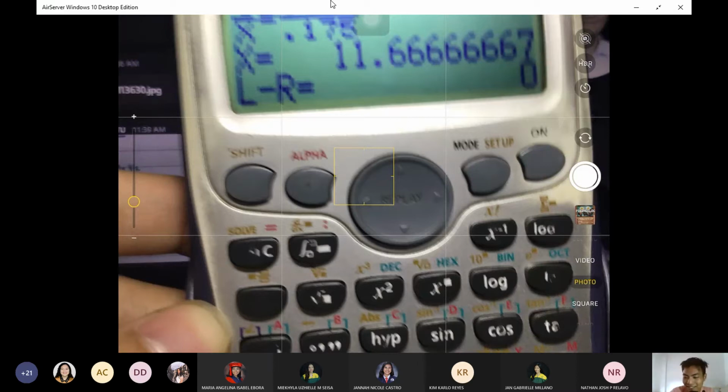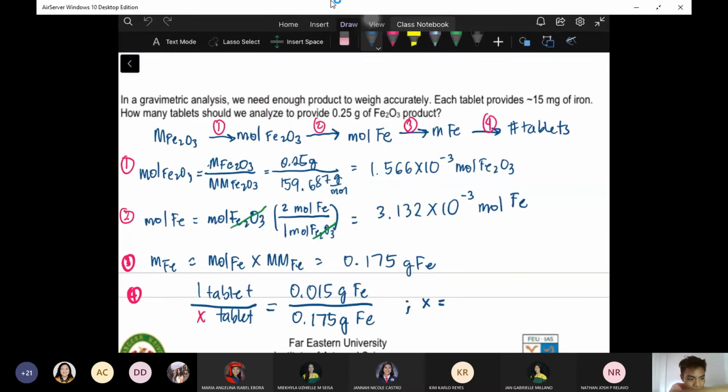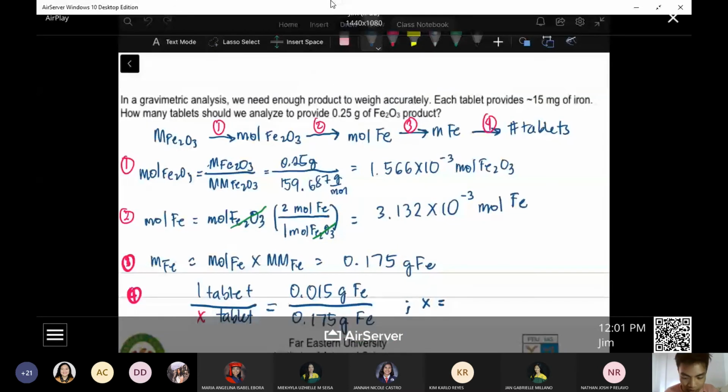Okay? So, according to our shift solve, madali lang to i-fraction, no? Pero ituturo ko na yung shift solve sa inyo kasi later on, magagamit nyo yan sa titration. Okay? So, I want you to develop those calculator skills. Kung alam nyo yun, edi very good. Pag hindi pa, ito na siya. Okay? So, X is equal to 11.67